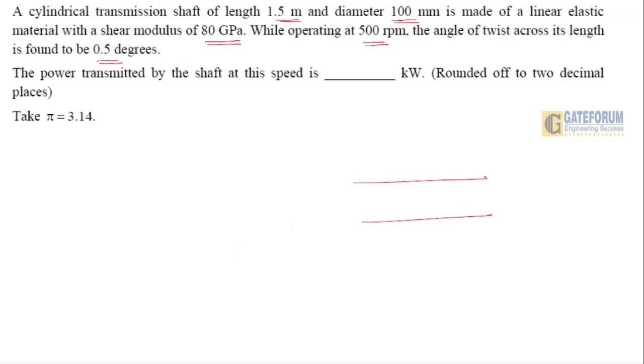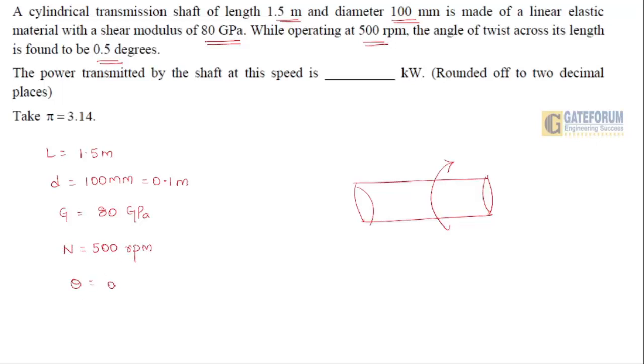This is a cylindrical shaft, let it be, which is rotating, right? The length is given as 1.5 meter, diameter as 100 mm, which will be 0.1 meter, G as 80 gigapascal, N 500 rpm,